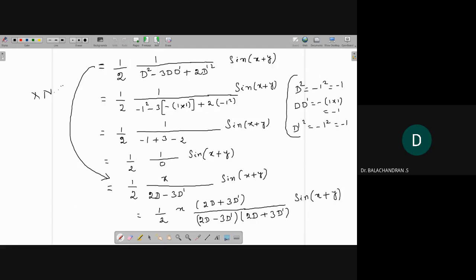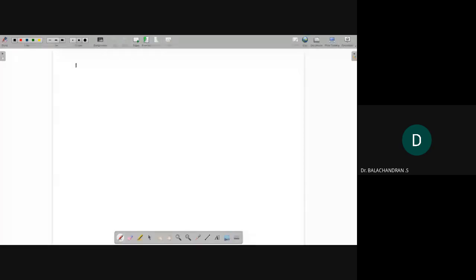So PI2 equal to, please check it, 1 by 2 into 1 by d square minus 3d d dash plus 2d dash square into the right hand side function is sine of